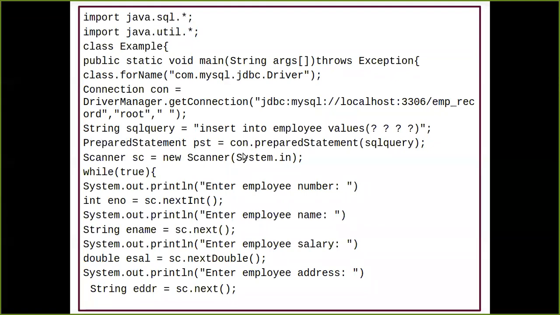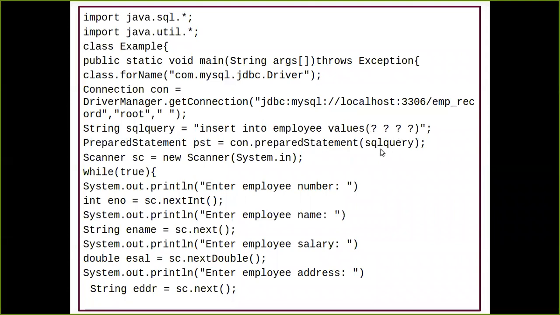Now, the dynamic query which I have just stored into the sqlQuery variable, and you can give this variable any name, I have just given sqlQuery as the variable name. I'm going to pass that variable into my prepareStatement method. So basically I'm calling the whole dynamic query into my prepared statement.